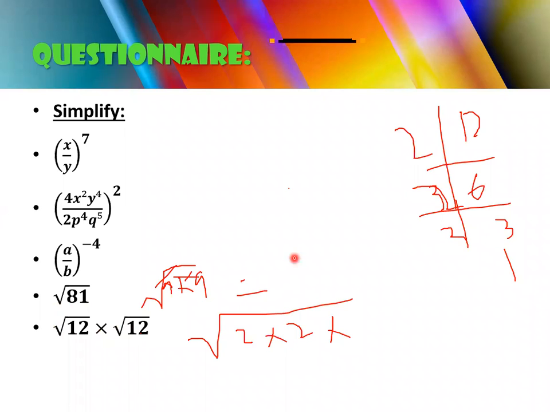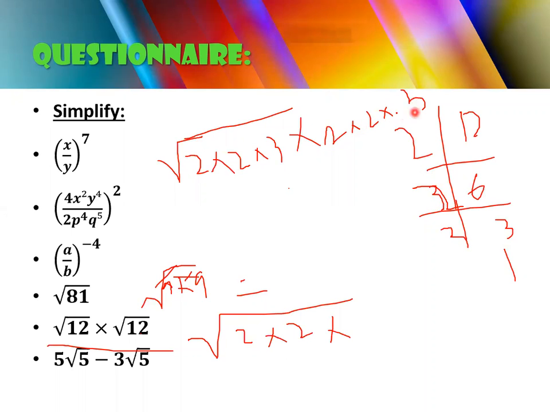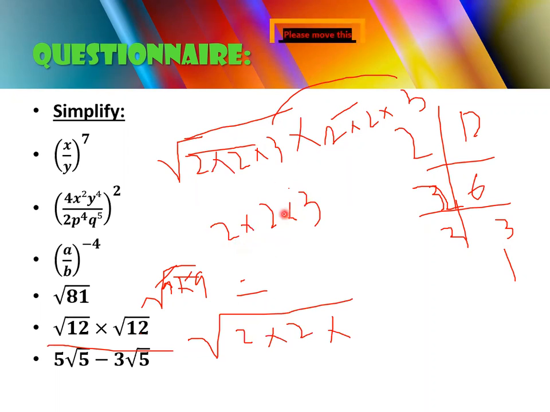Okay, now move on to the last one. Now solve this one. This is very simple. Those who are facing a problem in this one, you will write it down just like this. You will simply write 2 multiply by 2 multiply by 3, and then you will write down the next one, that is 2 multiply by 2 multiply by 3. So you will make the squares of this one, and then this 3 pair. Simply take all the pairs out, that is 2 multiply by 2 multiply by 3. 2 2s are 4 and 4 3s are 12. So the answer will be 12 here.